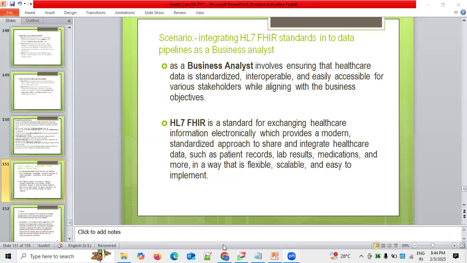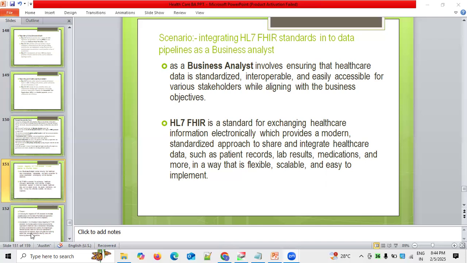Being in technical business analyst roles, we should ensure the integration team implements these standards into a data pipeline, which majorly allows healthcare organizations to manage, transform, and analyze healthcare data that follows a common format. At the same time, it also makes it easier to work with data across various systems. In the process of